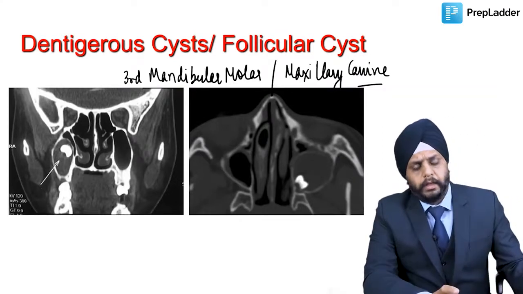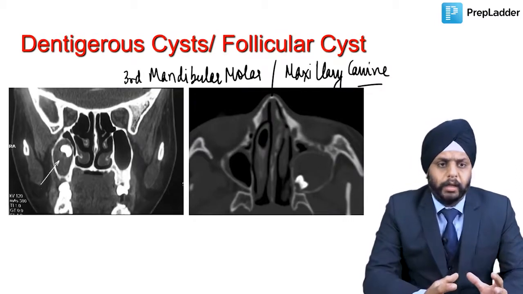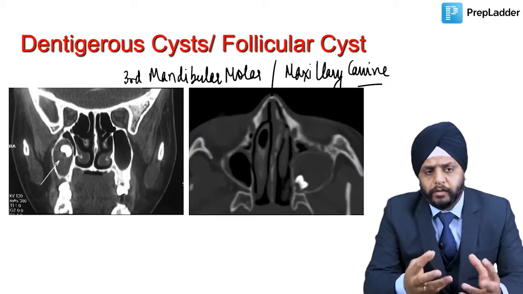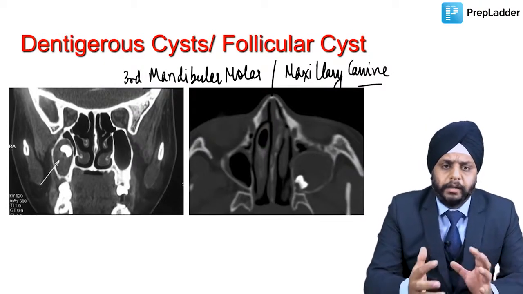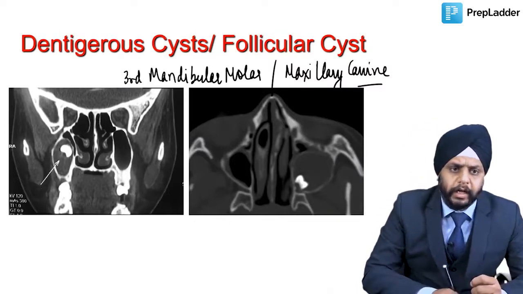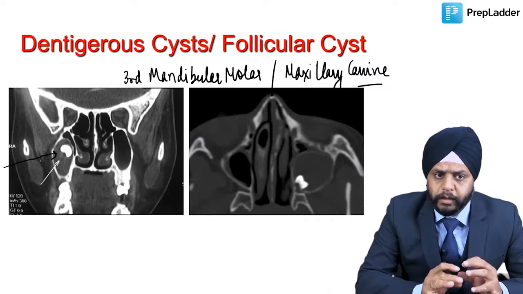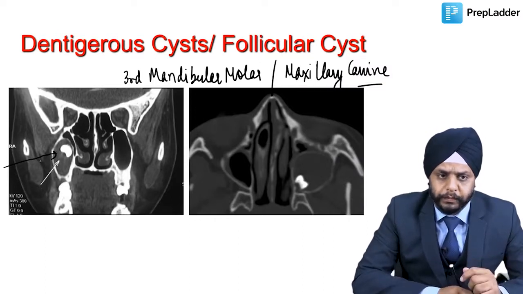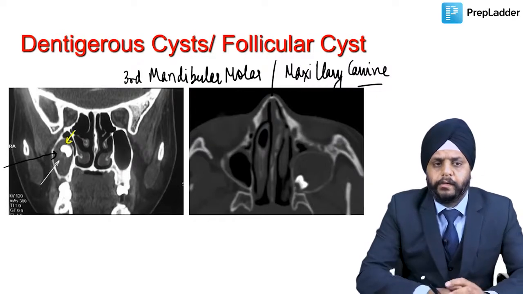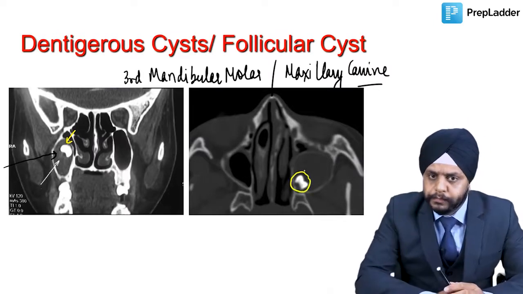Now what happens is that in the unerupted tooth, the epithelium around the enamel is embedded and it forms the cyst. So there is a collection of all the dead epithelium and they form the cyst. So typically in the CT scan you will see that there is a soft tissue density, there is a cystic mass over here, and in between you can also see the tooth. Right? So remember, you will always see the tooth over here in this cyst. Right? Here also you can see this tooth in the cyst.